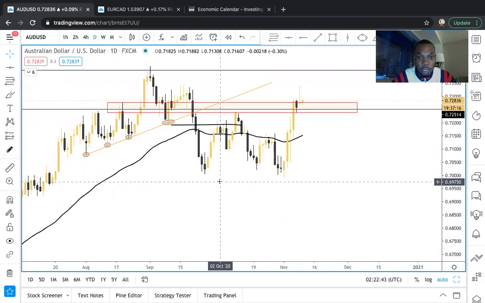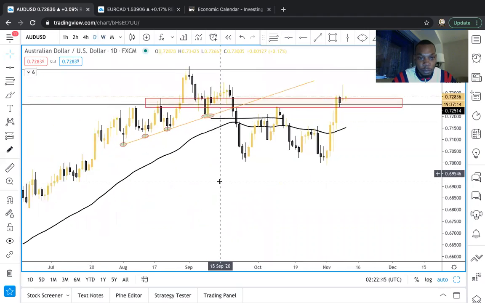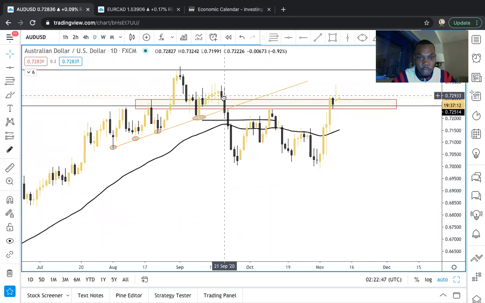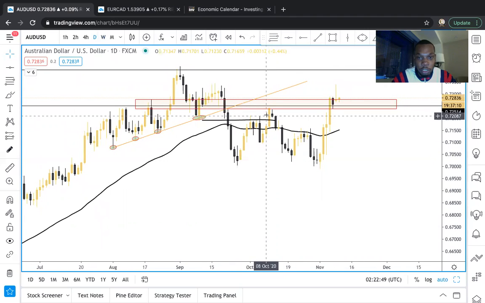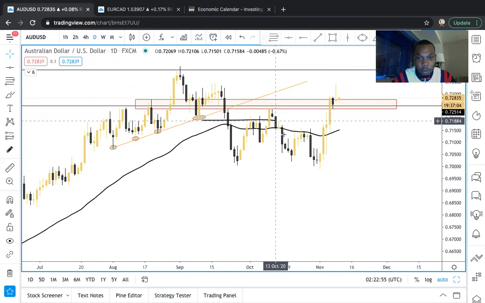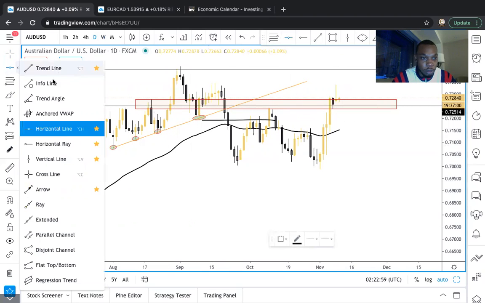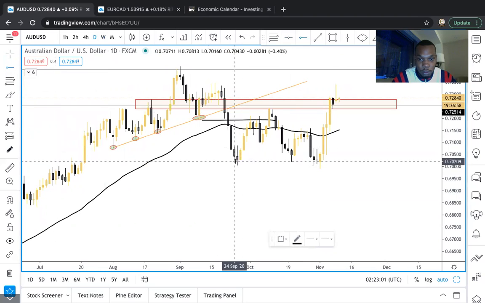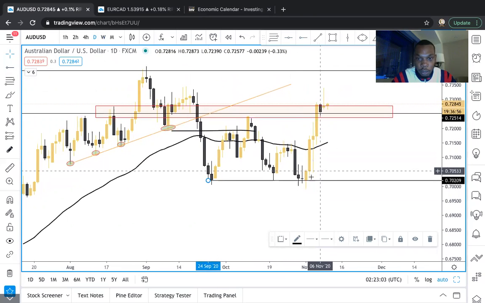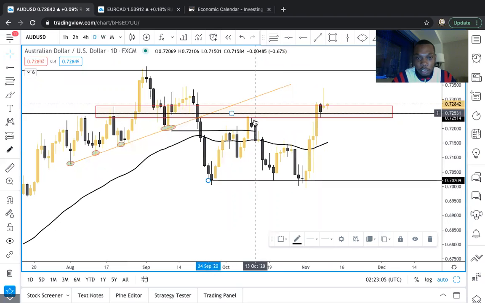Looking at this on a daily time frame, we had this break through support, price pushed up, tried to make a higher high, dropped, lower low, found support here. Let me see. Okay, so with this last push, price did make new highs and it did break above this key resistance level.